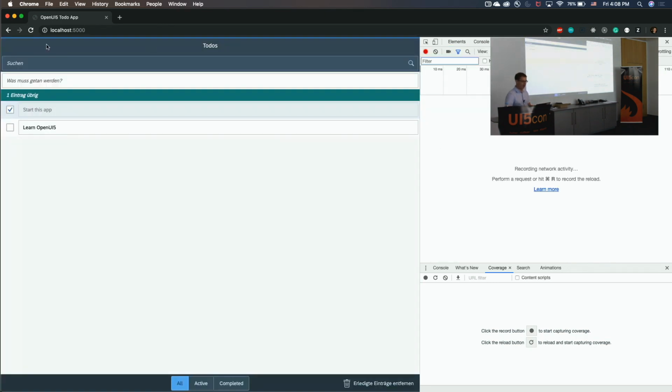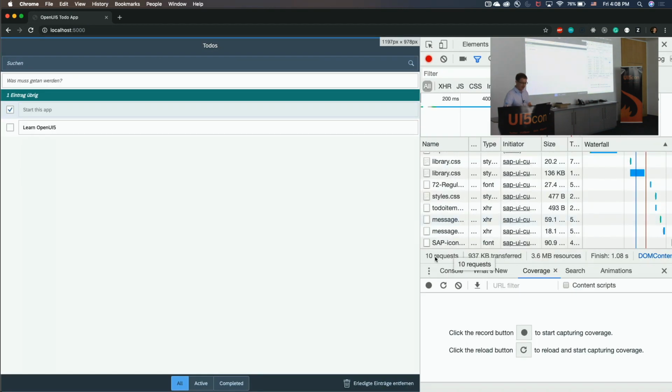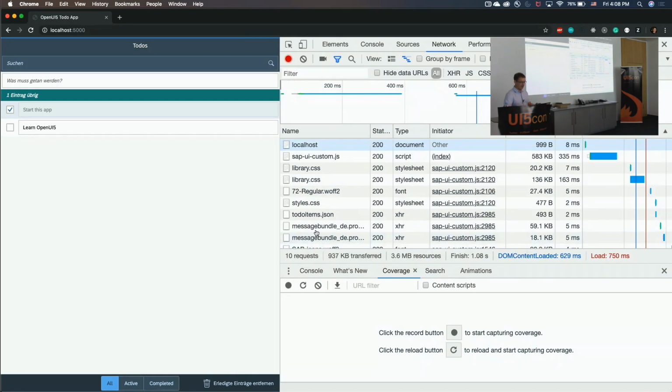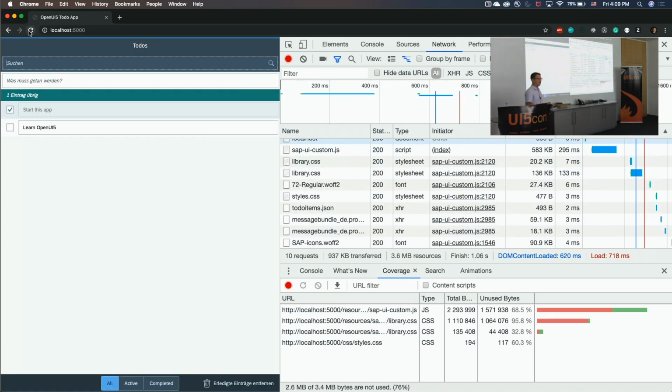Still, we're going to have a look at the network tab, and I can increase the size a little bit for you so that you can see it. And we have a look at all the files. There's an index.html loaded in the beginning, then the custom JS file, the styles, and so on, whatever is needed for the application. And Chrome DevTools have a nice feature called coverage, and we can check, when we reload the application now, how much of the JavaScript that we are loading is actually executed while we are running the application. And as you can see here,